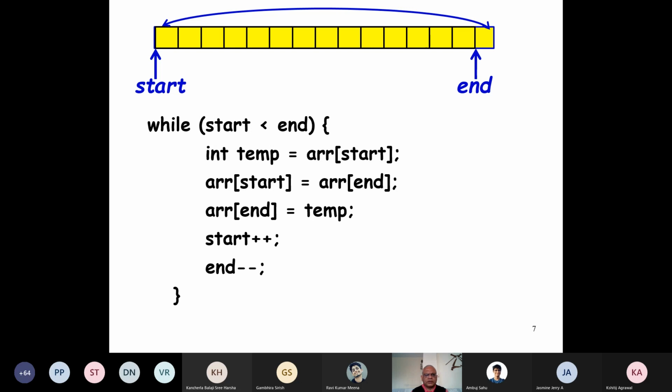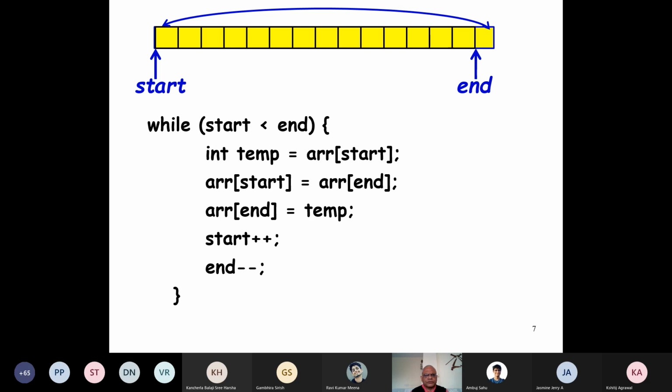So we write this small code here. I am sure that many of you are thinking like Ambuj, that we have this small loop here where we just take the first element and put it in the temp. There are 2 pointers, start and end. We initialize start to the first element and end to the last element.